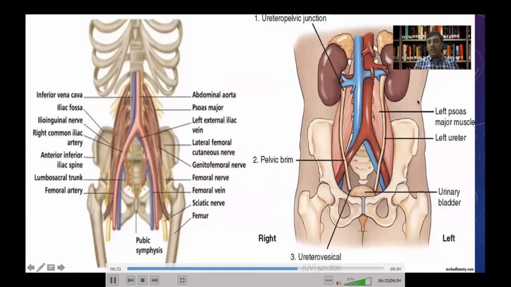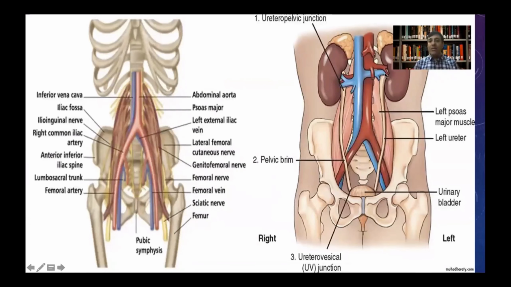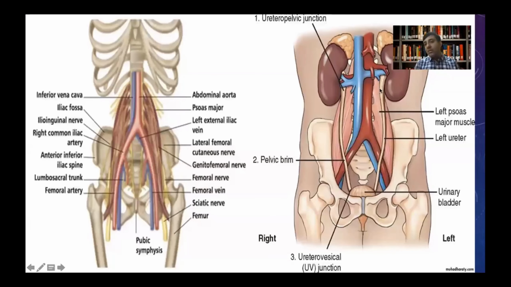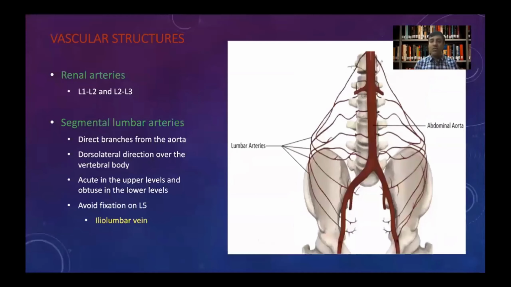Now, moving on to the diagram on the right side, you can see that we have the ureter. The ureter initially courses medially at L2, L3 level, then it courses laterally, and then again comes medially to enter the urinary bladder. But this medial course is at a much lower level, at about S3, S4 level, with which we are not concerned. So it is at the L2, L3 level that the ureter is slightly more medial and there are more chances of injury. We shall see this in the subsequent slides.